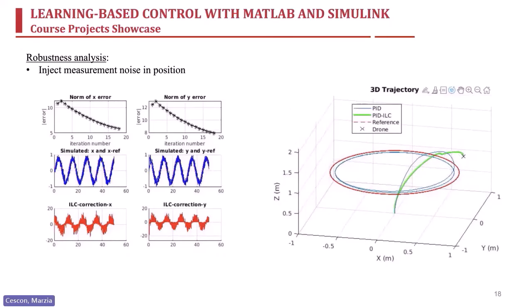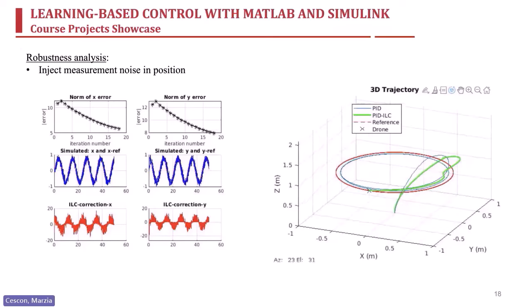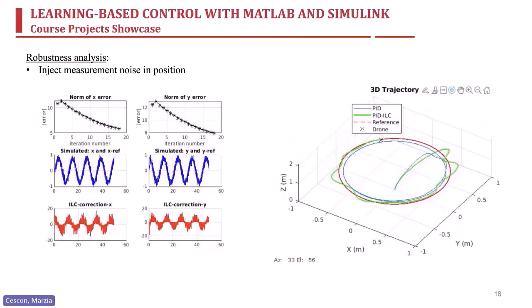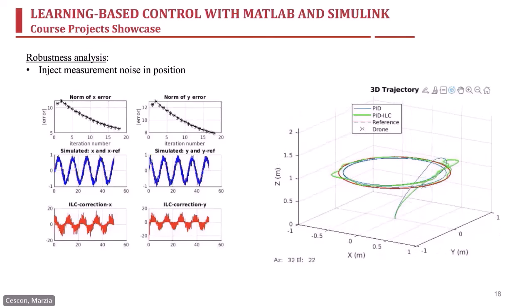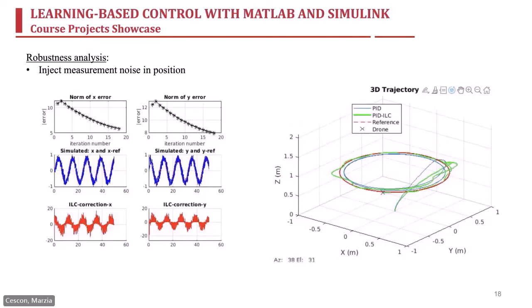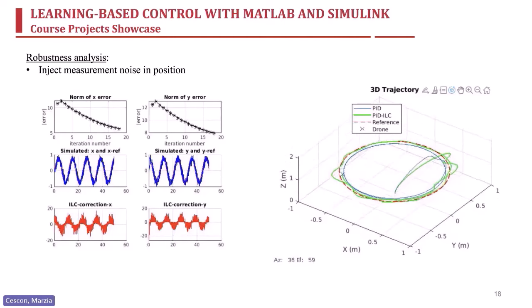And you see here, as I let the simulation run, that the ILC still is robust to the injection of some measurement noise, following our desired trajectory with, of course, more deviation, as in the case that was noise-free. So you see how also in this case, the implementation was successful